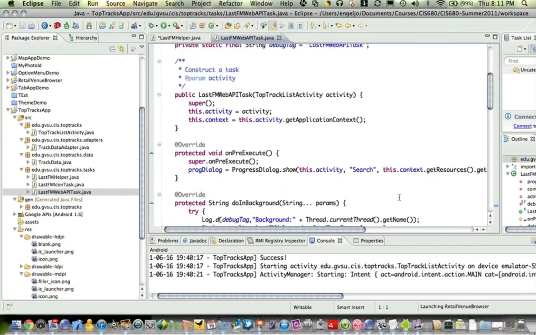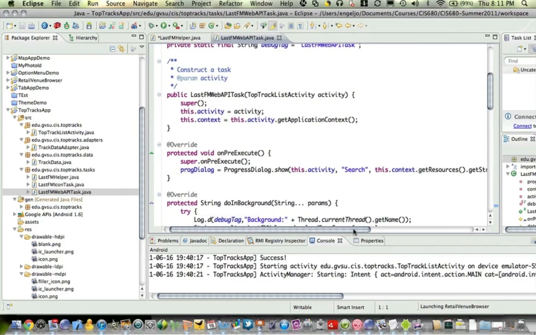The first method that we overrode was the OnPreExecute. And remember, OnPreExecute is going to be called on the UI thread. So that means I can affect the UI here. I can call Android UI Toolkit methods and not have any problems because the right thread is calling it. So you're going to use OnPreExecute to do whatever you want to the UI to indicate that this task is